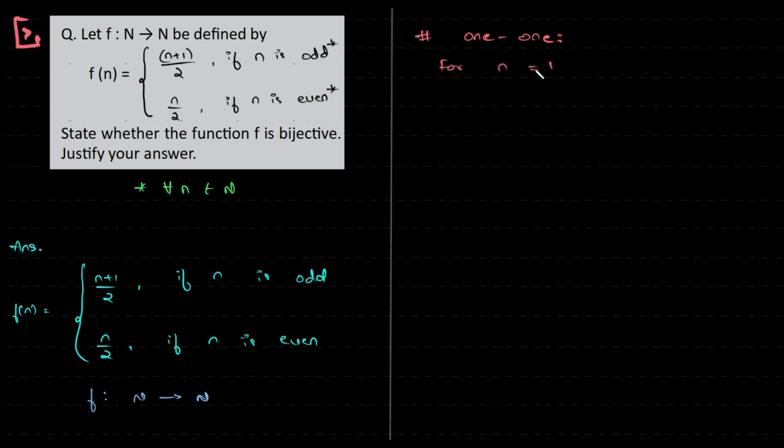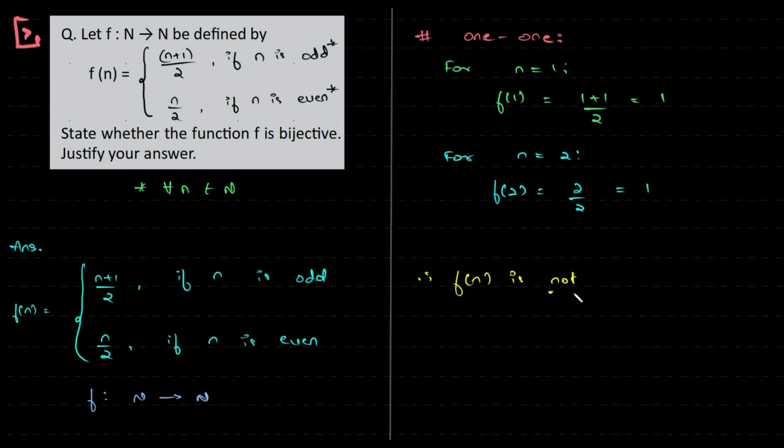for n equal to 1, let me change the color. For n equal to 1, what do we have? f of 1 is equal to (1 plus 1) by 2, so this is equal to 1. For n equal to 2, f of 2 will be equal to 2 by 2, which is equal to 1. Right? Therefore, f of n is not 1-1,